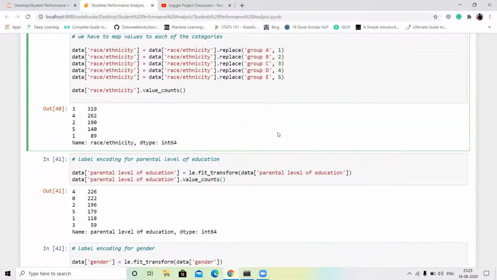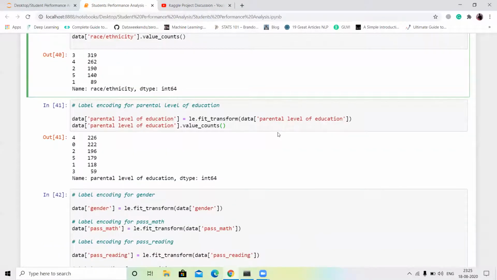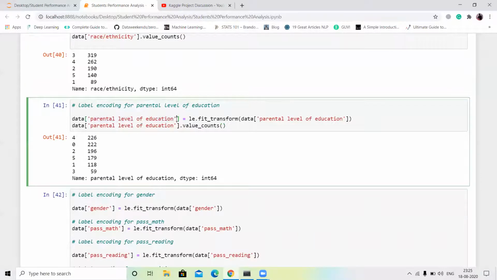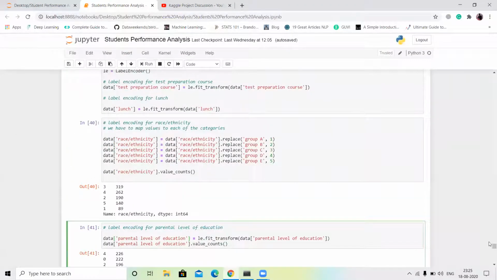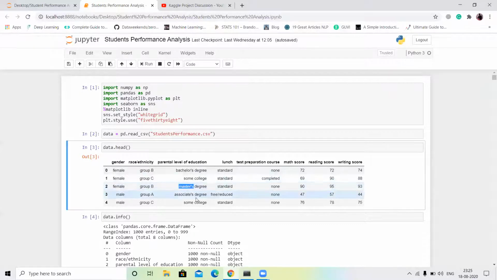Next I change the categorical values into numerical values, like in the parental level of education column. I show you the parental level of education column. You can see it has bachelor's degree, some college, master's degree and associate's degree.